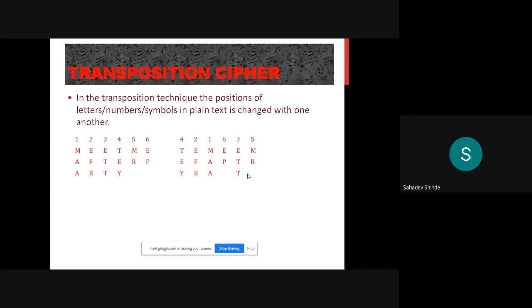I told you what the transposition cipher is. Now we will cover the different types of the transposition cipher.